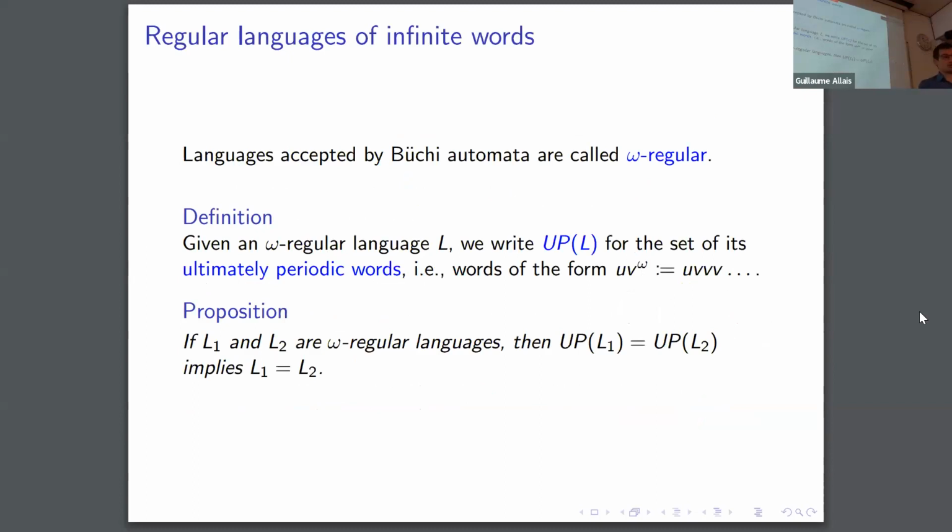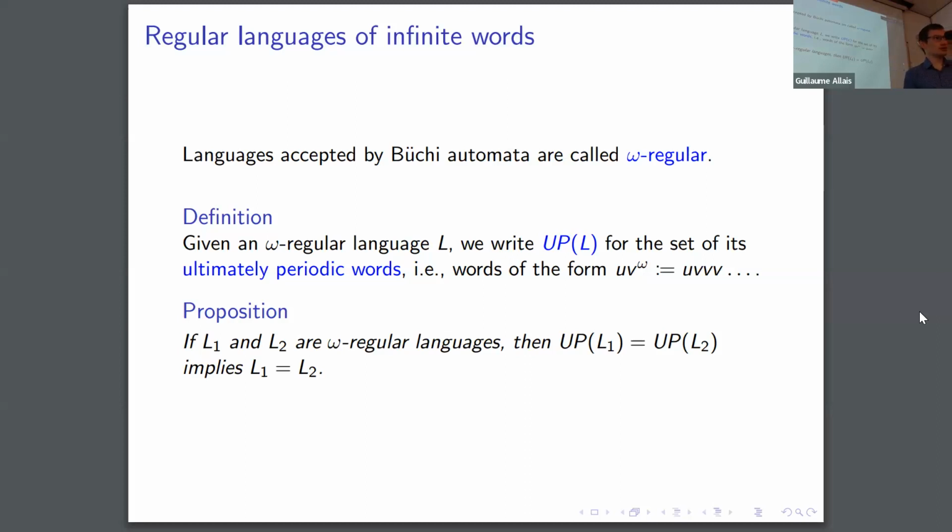And so now we get this notion of an omega regular language, which is just a language recognized by a Büchi automaton. First, we see that they're called omega regular, and it's no coincidence. They actually share many of the nice properties of regular languages. So we have closure under Boolean operations. We have this sort of description with omega regular expressions. But we're going to focus on some other property here, which is related to the notion of an ultimately periodic word.